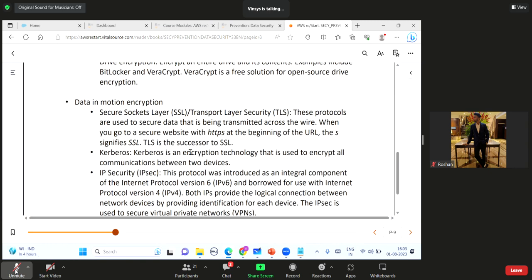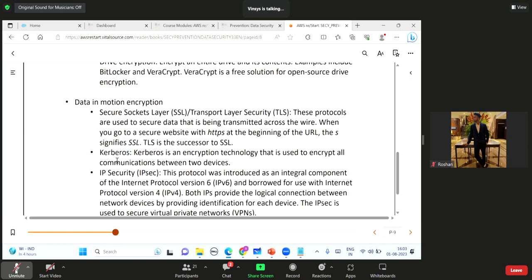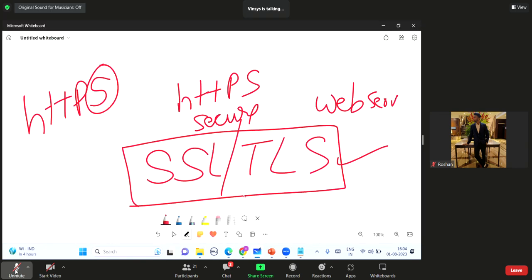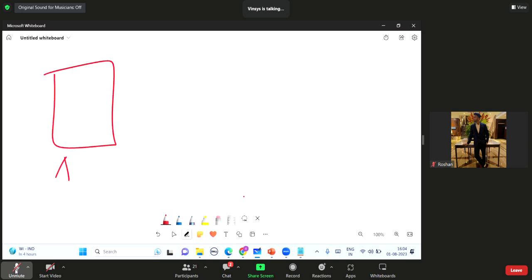Kerberos. Now, Kerberos is an encryption technology that is used to encrypt all communication between two devices. This is one of the authentication protocols, I will say, especially used in Windows, Microsoft environments. In a Microsoft environment, there is a server known as Active Directory, and this Active Directory holds all the usernames and passwords. This is a centralized server.